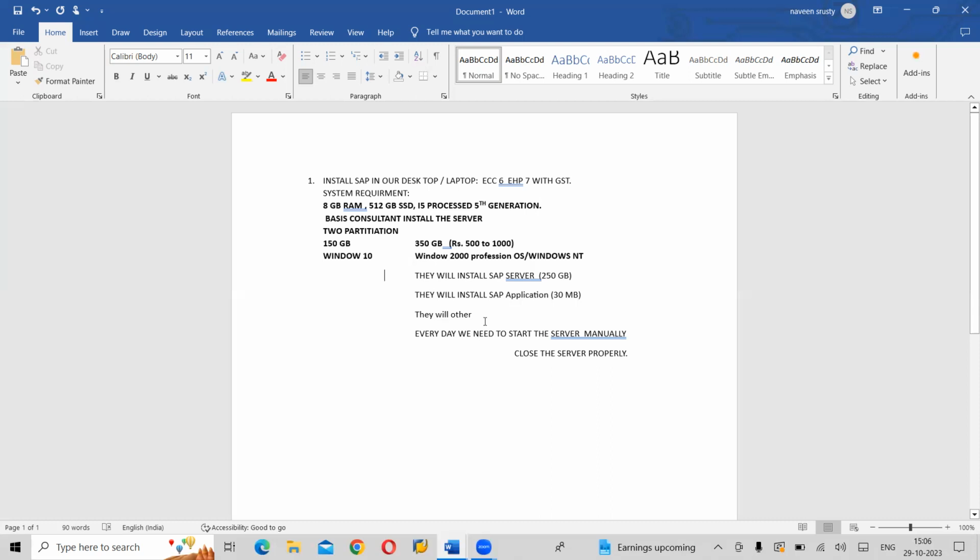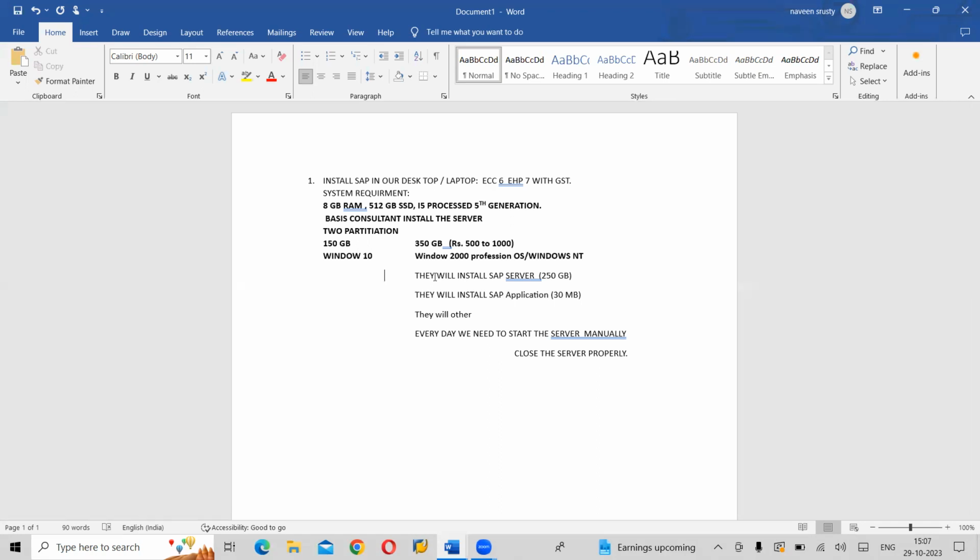So every day we need to start the server and we need to stop the server. If we do not stop the server properly after opening, then it may crash at any point of time. Clear? When compared to remote access, it will be a little slower. It's only a one-time investment, but still, if there is a problem many times, again and again we need to install it. The major thing is space; it will occupy your system space.